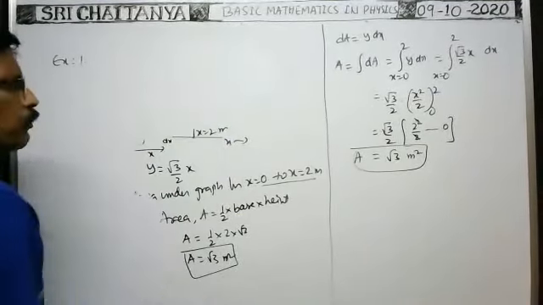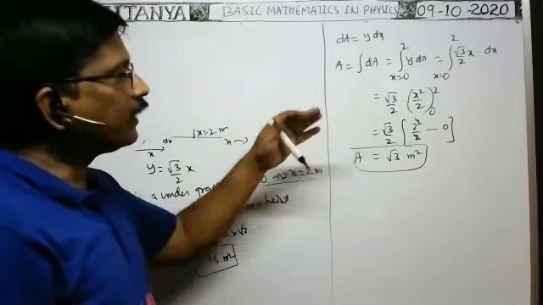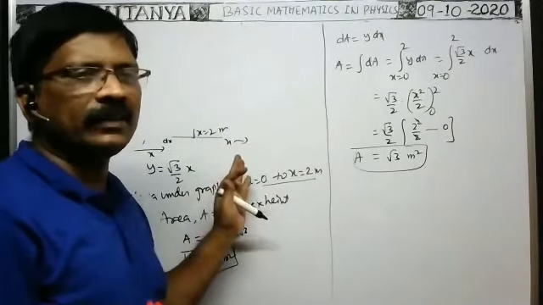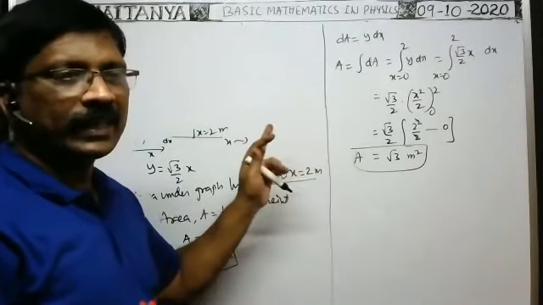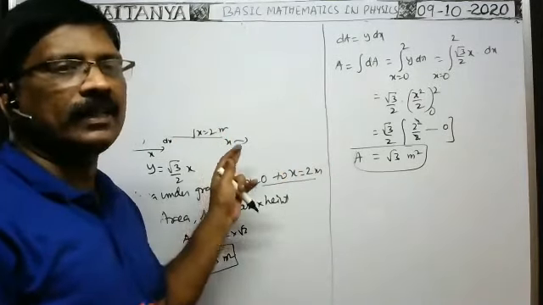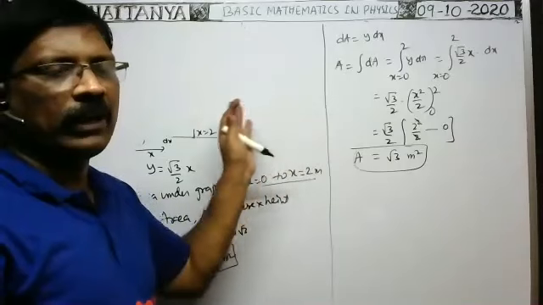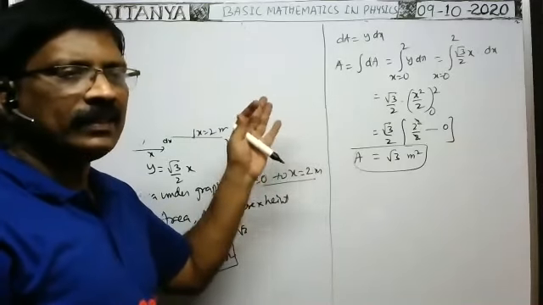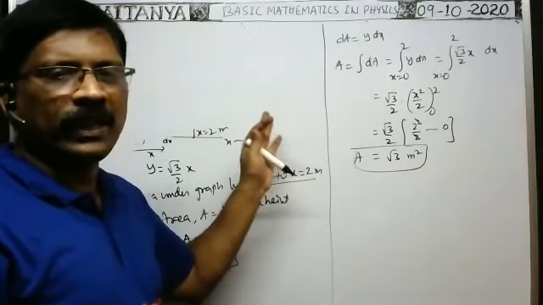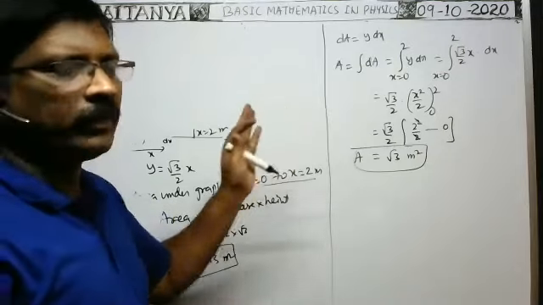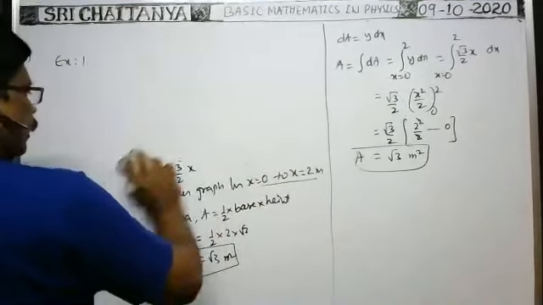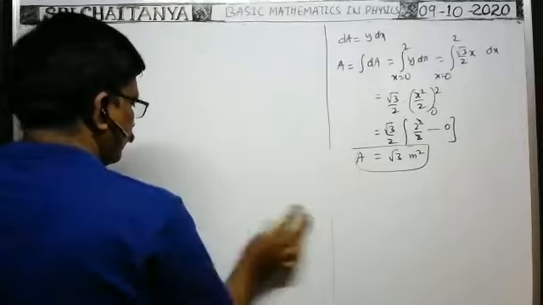I think from this example we got an idea. By integration we can find the area under a graph like this. It is the case whenever the y value is not constant. When the y value increases with x, or the y value changes with any parameter, in such a case, to find the area under the graph, we have to use the integration method. Okay. One more example I want to discuss.